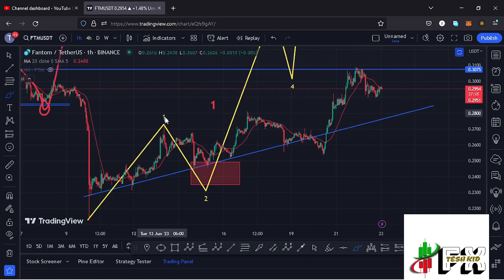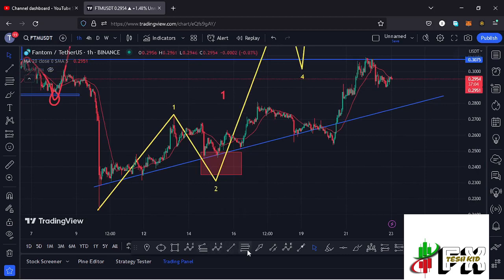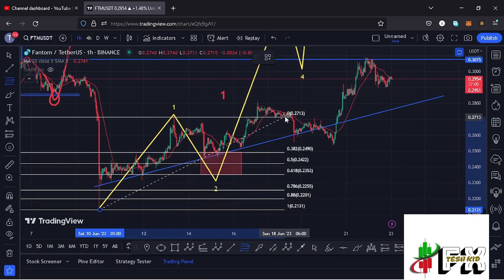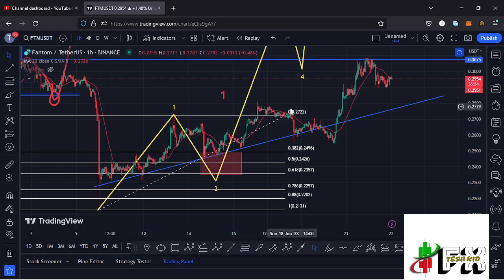Then we saw a bit of a pullback over here in the formation of this wave 2, in a move that managed to get into the minimum retracement area, highlighted on the charts using this red target area that I came up with by connecting the Fibonacci's from the low of the first wave to the high of that wave 1. And since we managed to get into the target area and saw a reaction of that target area,